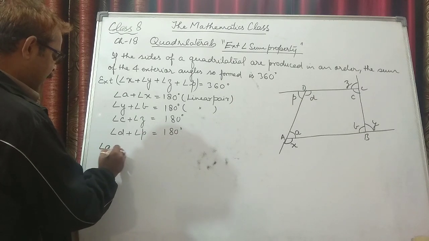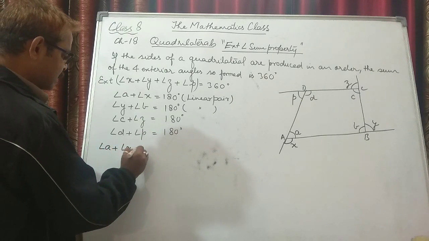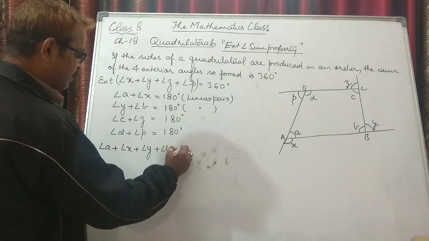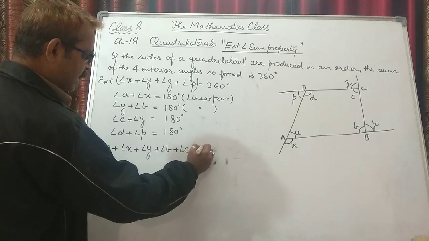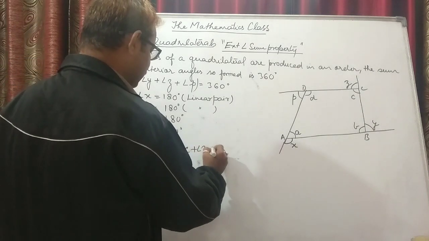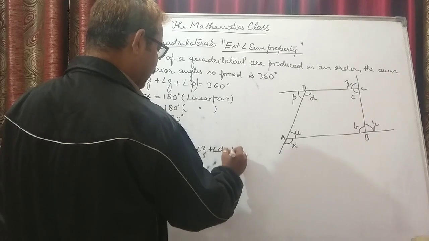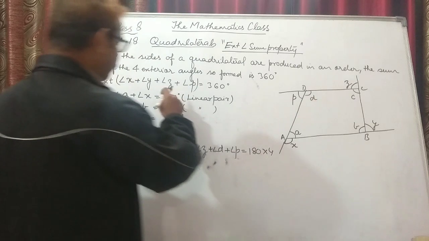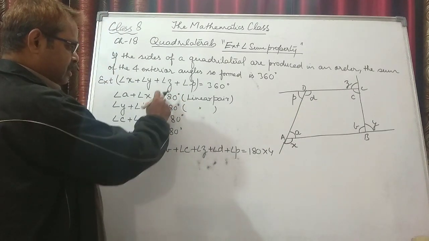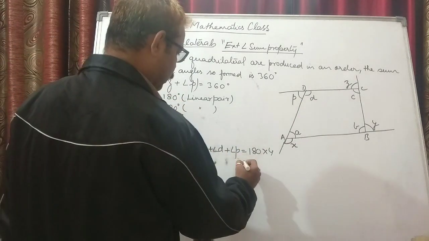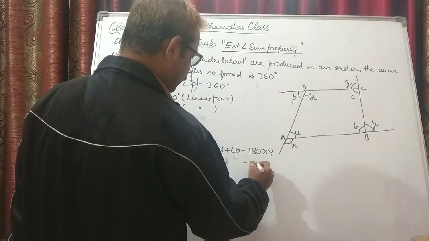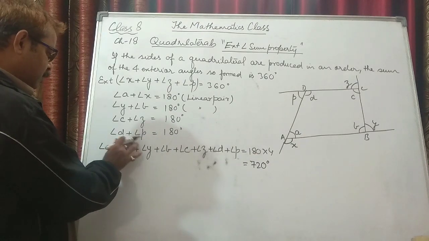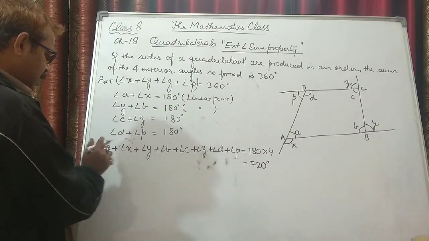So while adding, I can say angle A plus angle X plus angle Y plus angle B plus angle C plus angle Z plus angle D plus angle P is equal to 180 into 4. So instead of adding 4 times, I have just multiplied it by 4. It becomes 720 degrees. We know that angle A, angle